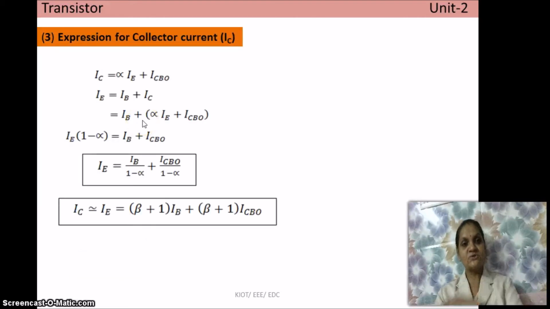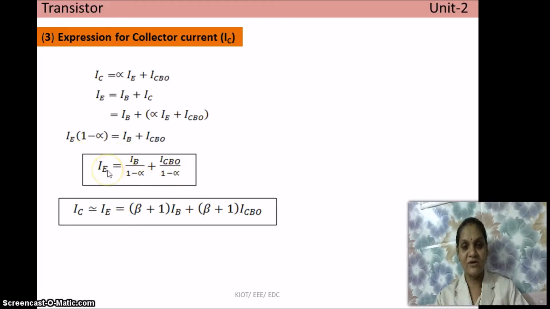See, and the next one is, as usual, the expression for collector current. So collector current in common collector configuration can be written as IC equal to alpha into IE plus ICBO. Right, ICBO. So I am starting from common base configuration. This is nothing but the collector current expression in common base configuration. In this expression, I am substituting emitter current equal to base current plus collector current, as you know already. You rearrange the terms and you bring the value for emitter current. This is the value for emitter current.